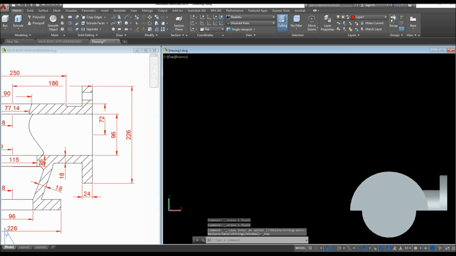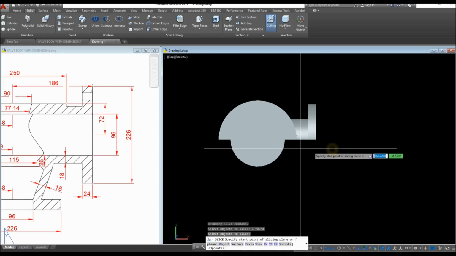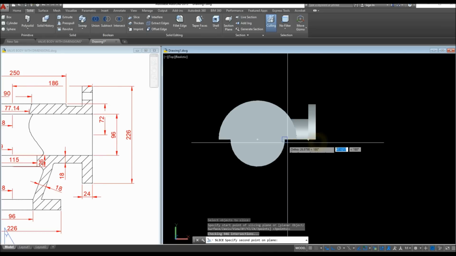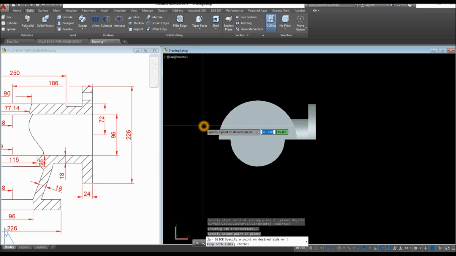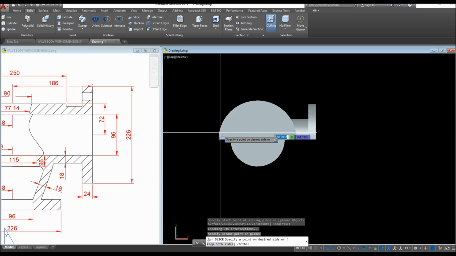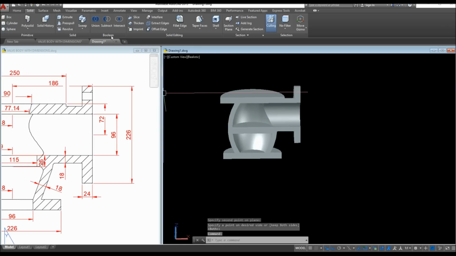I'm gonna slice that. So solid, slice. And you can start from this end point, go sideways, specify a point on the desired side, select this above the cutting line. And now I could apply,